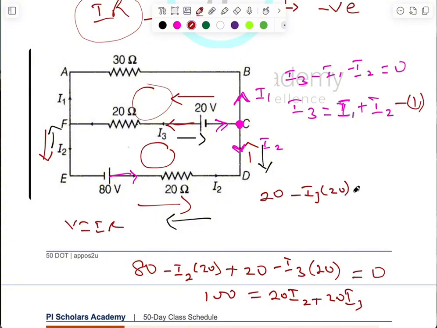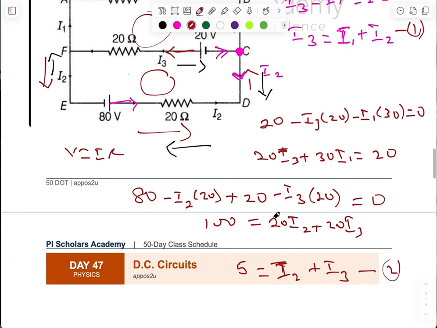Then we get to this resistance as well. What's flowing through it is I1. Don't bother yourself too much about that. I1 is going to be the one flowing through it as well. So that is going to be negative I1 multiplied by 30. There are only 3 elements in this loop, so this will be equal to 0 as well. When you do that, you're going to get 20I3 plus 30I1 equals 20. And then when you divide through by 10,